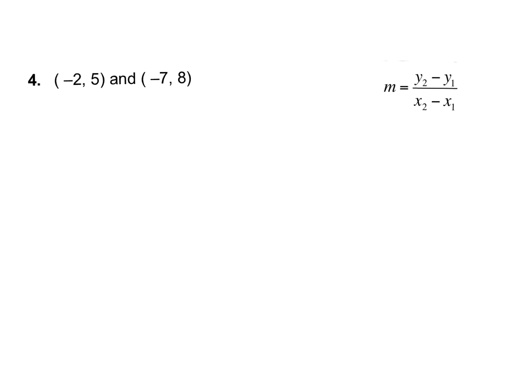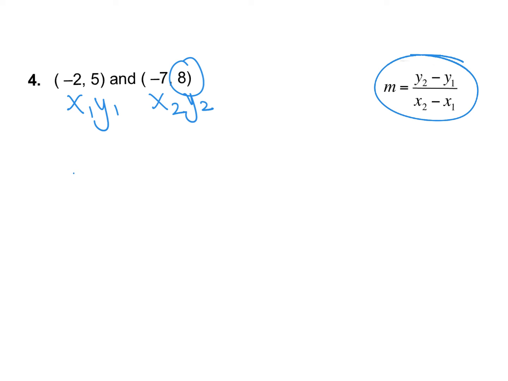All right, question number 4. It says that we have the point -2, 5 and the point -7, 8. Again, every time, make sure you're labeling your points: X1, Y1, X2, Y2. We're going to start with our formula. The Y's are always on the top. I'm going to take 8 minus 5, Y of 2 minus Y of 1, and then I'm going to take -7